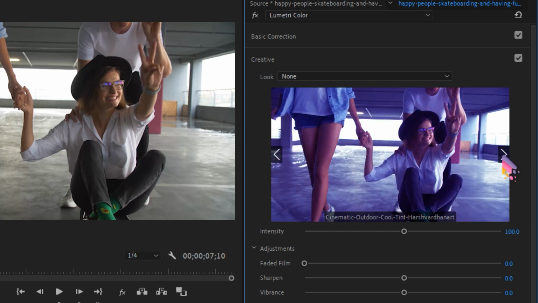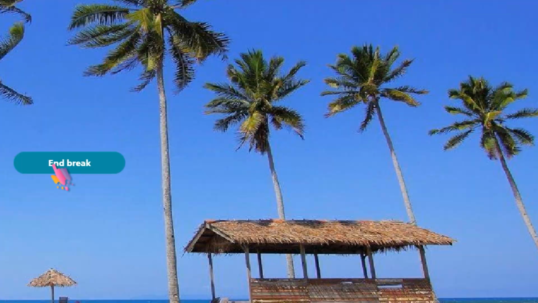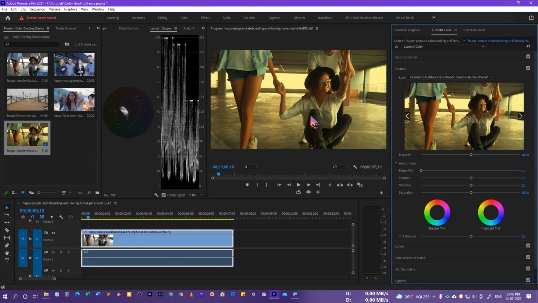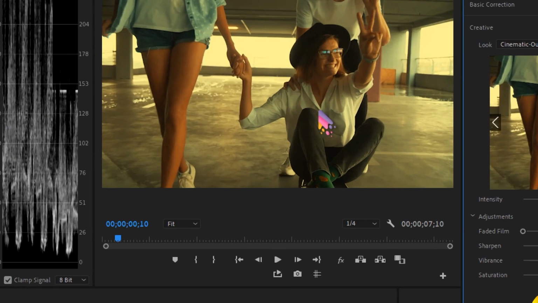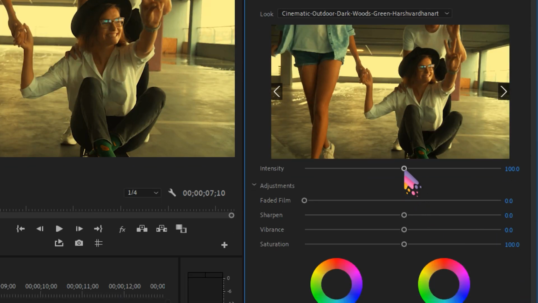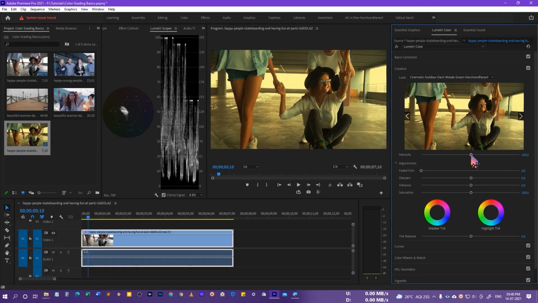And once you select something which is looking good, you can just double click it, and that's going to apply this LUT right over here on your clip. And then we have the option of adjusting its intensity. So if you don't want that much of effect of this LUT on your clip, you can just drag this slider towards the left hand side.